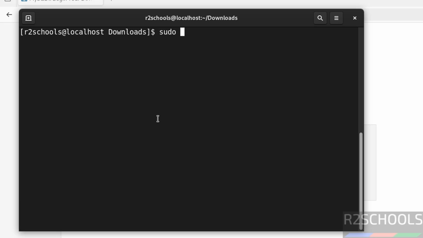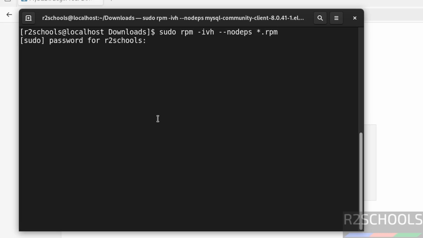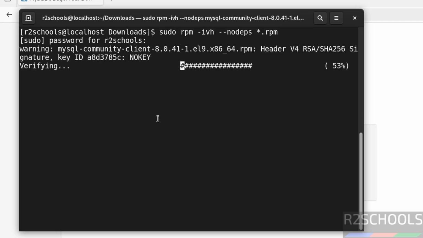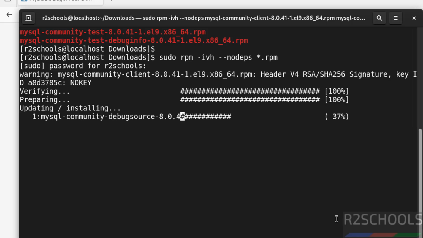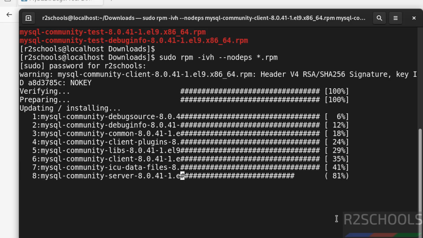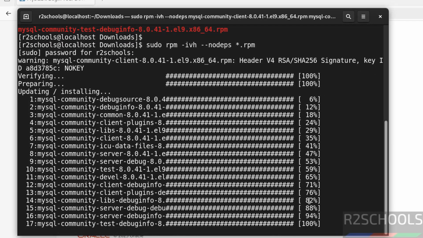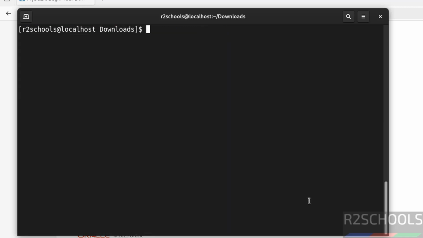Ctrl L, sudo rpm -ivh, then give --nodeps, then star.rpm. Hit enter, then provide the password of sudo user. See, installation has been started. See, installation completed. Ctrl L. Now verify the status of MySQL. Sudo systemctl status